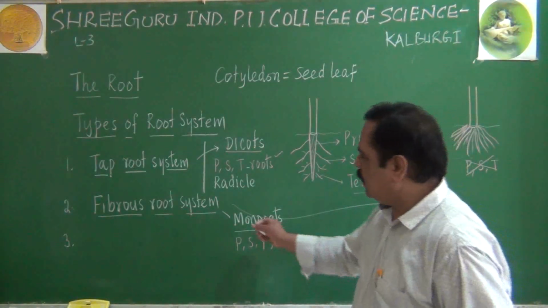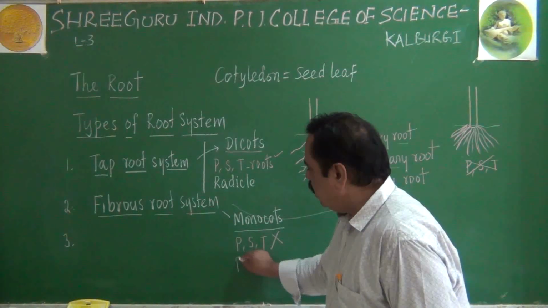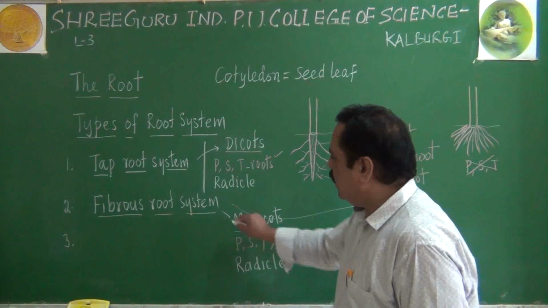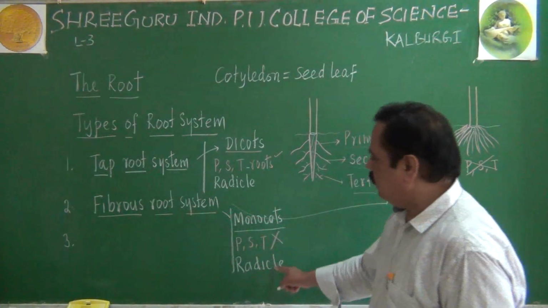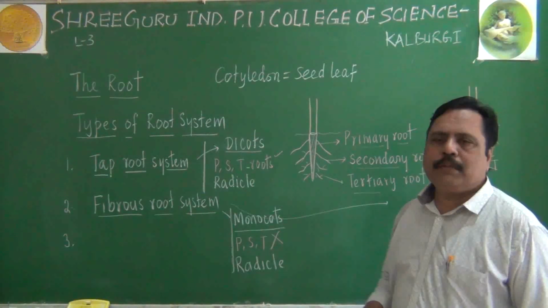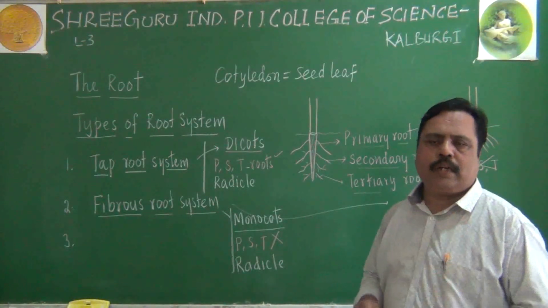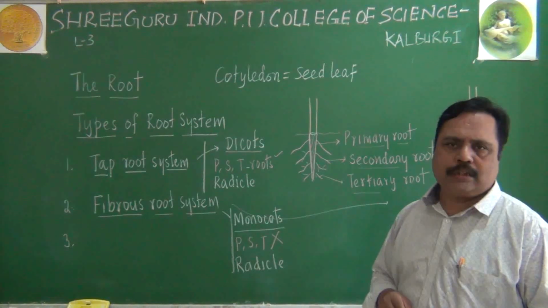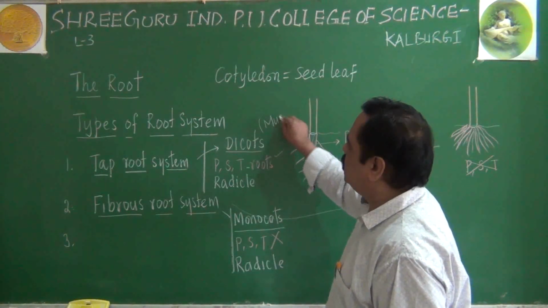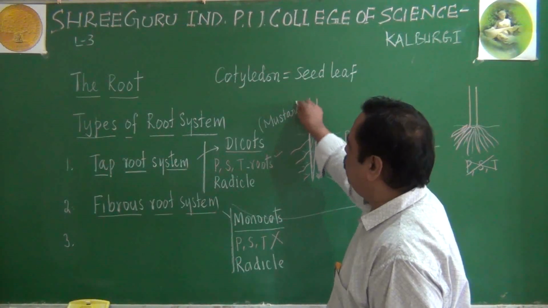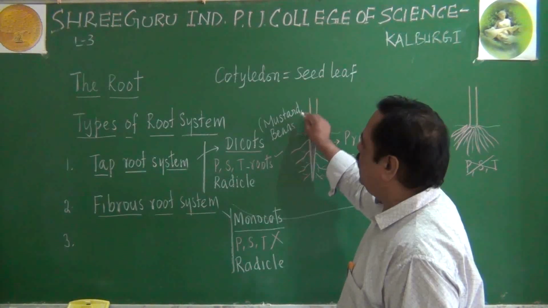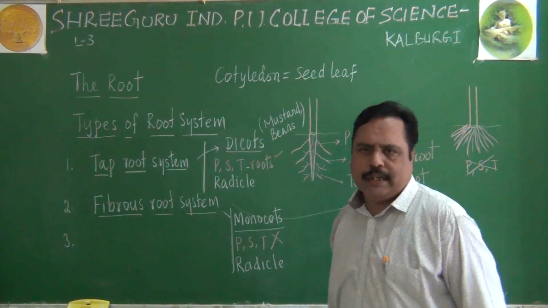And this fibrous root system also originates from the radicle only. Radicle of the monocot will produce the fibrous root system. Students, you may be remembering the examples for dicot and monocot plants also. For dicots, the best example you can remember is the mustard plant. Beans plant, you can remember. Beans or pea plant like that, they are all coming under dicot.